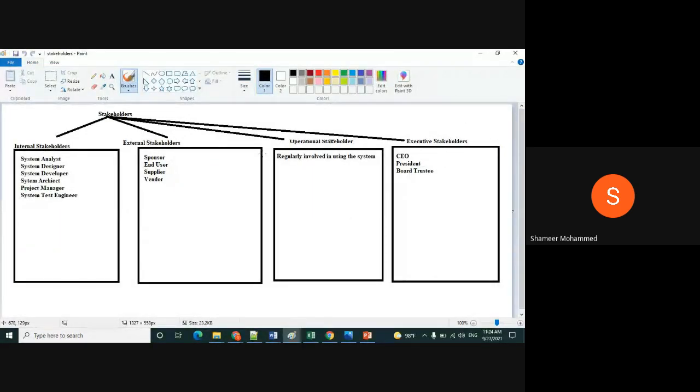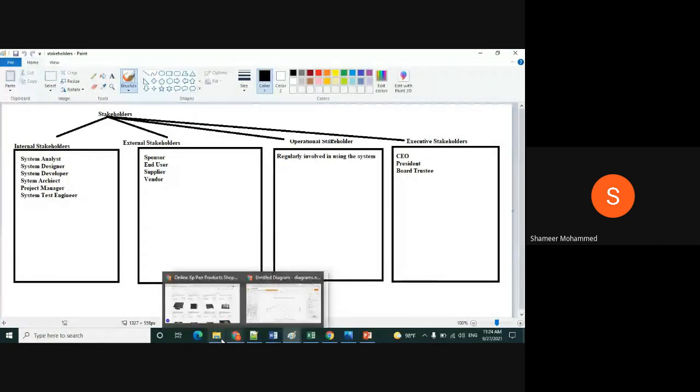This is the stakeholder diagram. There are many stakeholders in the organization. Some are called internal stakeholders. Internal means they are inside your organization. So you are developing a system, and in that system,